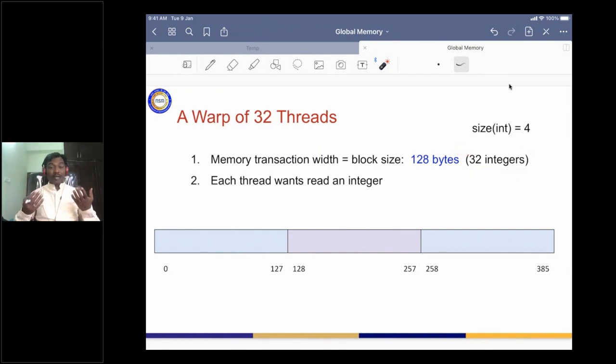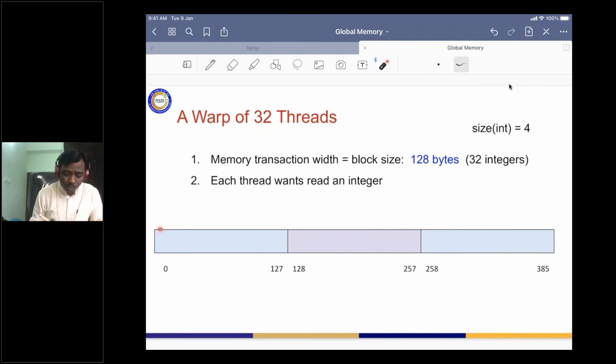We also have the concept of a warp consisting of 32 threads, and all these 32 threads want to access the corresponding 32 elements from global memory. So rather than accessing each of them separately, all of them access together. Let us understand with an example of global memory.